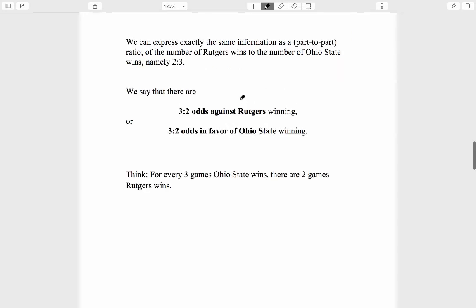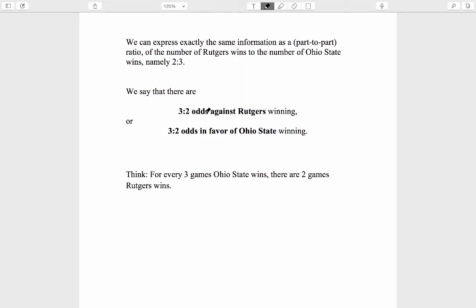Now, we can express exactly the same information as a part-to-part ratio of the number of Rutgers wins to the number of Ohio State wins, namely 2 for Rutgers to 3 for Ohio State. The terminology here is we say that there are 3-2 odds against Rutgers winning, or 3-2 odds in favor of Ohio State winning. The way to think of this is, for every 3 games Ohio State wins, there are 2 games Rutgers wins. It is typical when you talk about odds to put the larger number first, not absolutely necessary, but typical,